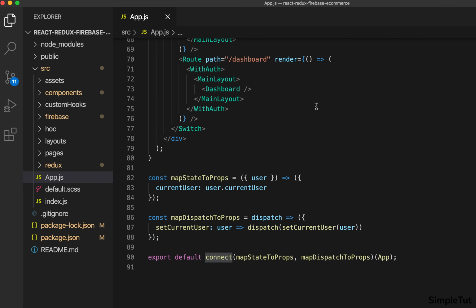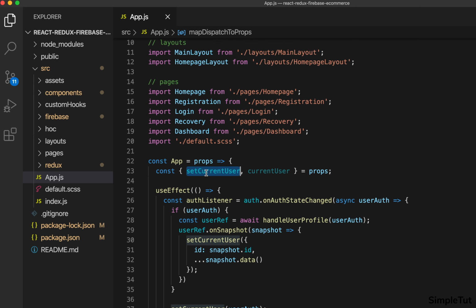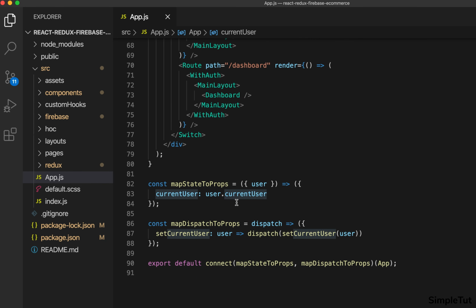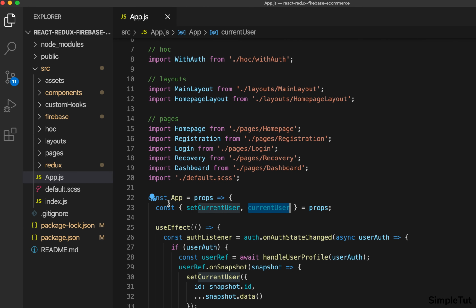And what it's being used for is to map dispatch to props, because we're dispatching this action which sets the current user in our Redux store. We are actually getting the current user object from the store. We are getting that value, but we're not actually using it anywhere within our code. It's just there, but we're not using it. So we can just remove this